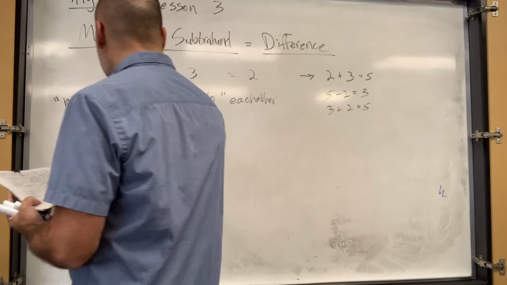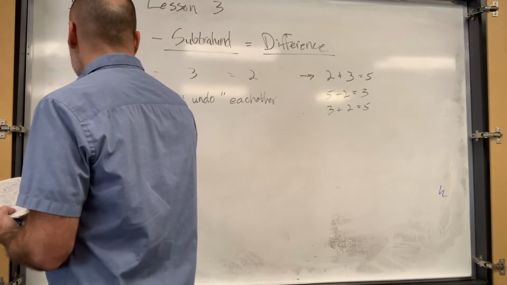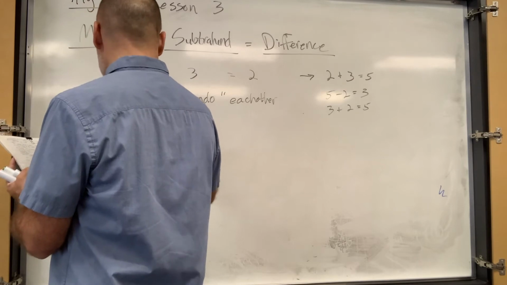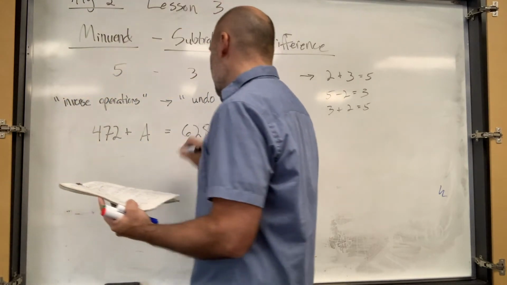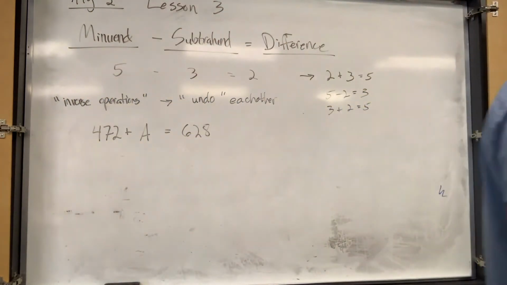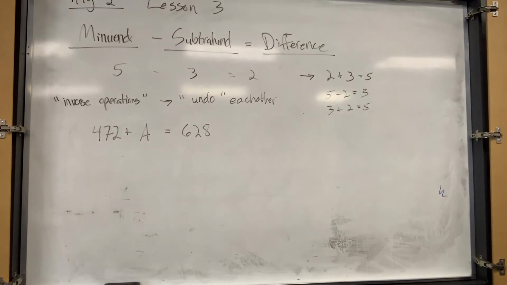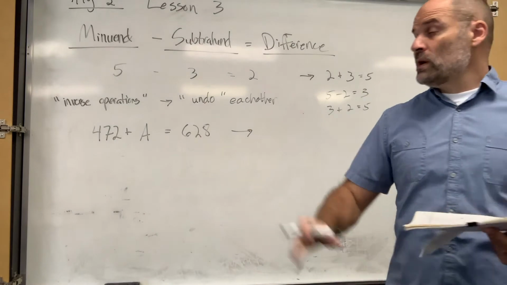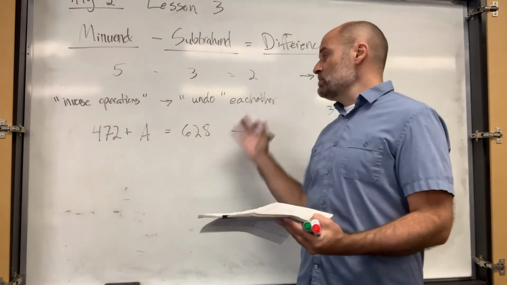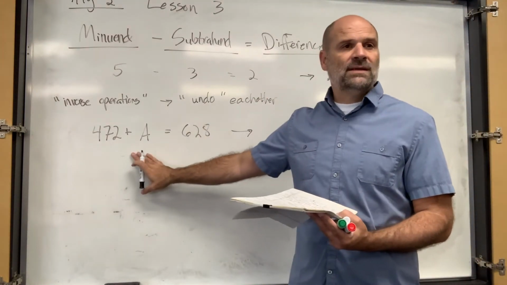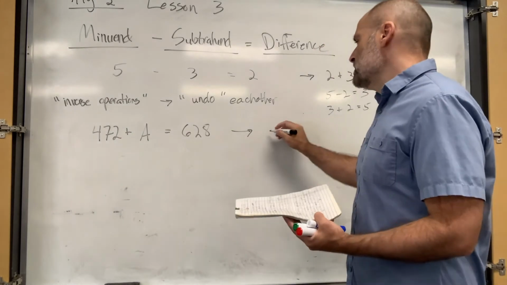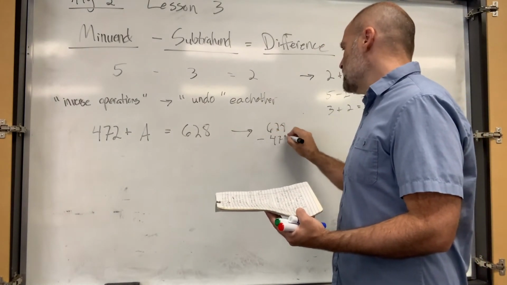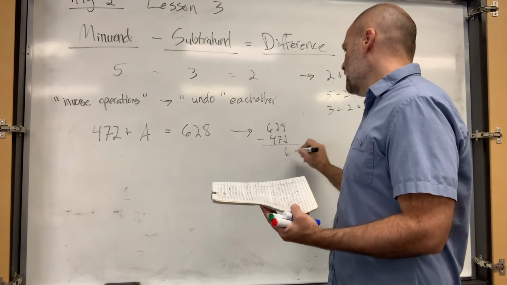So for example, what is the missing number? How do you find this missing number? 472 plus A equals 628. What kind of math problem are you going to put together to figure that out, Nathan? Subtraction. So with addition, if you're missing one of the addends, it's always a subtraction problem to find the missing addend. Okay? So 628 minus 472, and you get